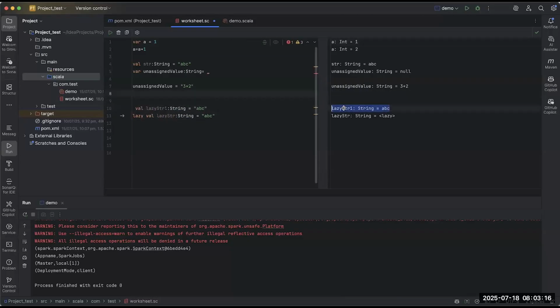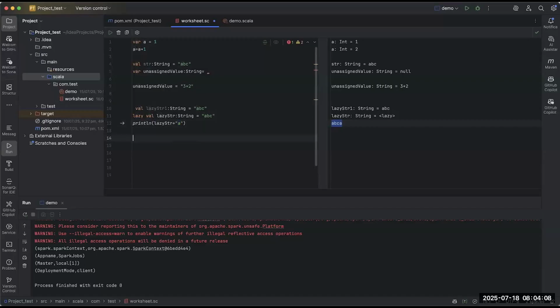Here, it has assigned memory to it, but it has not assigned any value to it. But let's just use it. Once you use it somewhere, then it will assign the value. Currently it has not assigned it, but once you use the lazy str value, then it assigns the value to it and gives you the final result. This plus is appending the new string to it, so ABCA it is returning.